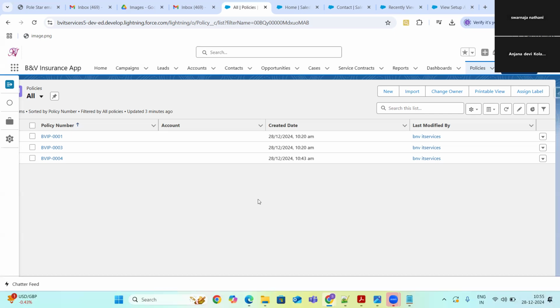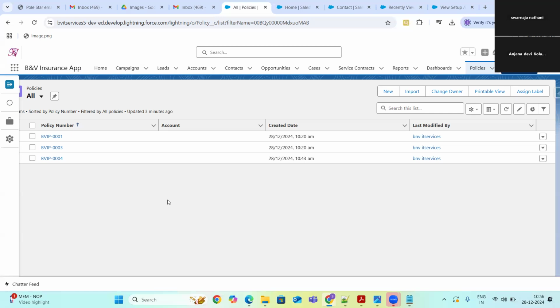But again, we cannot create a new field, right? Already we have lookup. They just want to modify the existing thing. But what it is saying is you cannot modify a lookup field into master detail if you have existing records.